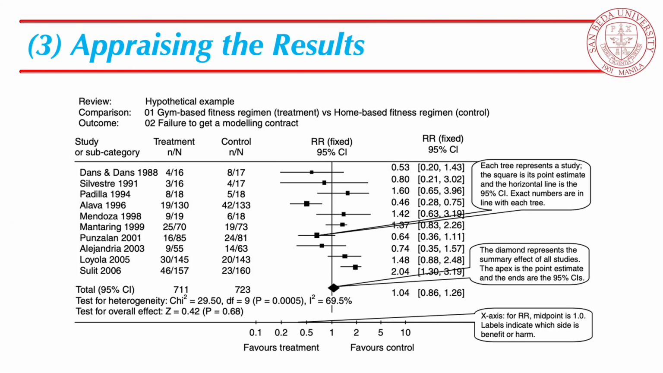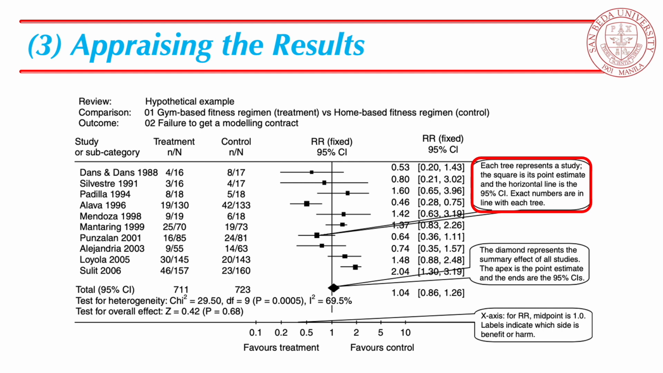Here we have a forest plot of the hypothetical SRMA that investigates a dichotomous outcome. Now this figure is lifted from the Painless EBM book. Take note of the text balloons labeling the most important parts of the forest plot. Now each tree in the forest plot represents a study, wherein the square is a point estimate and the horizontal